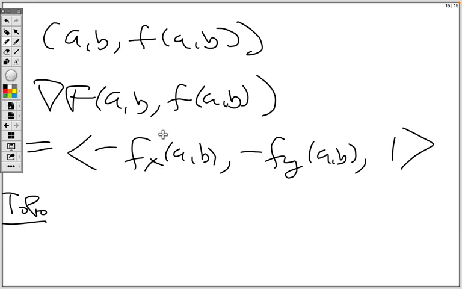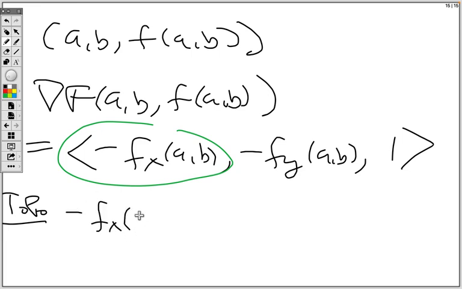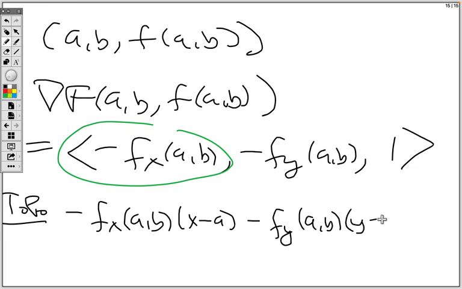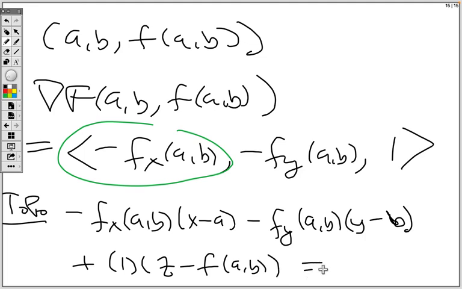You take the x component times the change in x, plus the y component, which I guess would be a minus then, the y component of the gradient times the change in y, plus the z component of the gradient times the change in z, and that would all be equal to 0. So that would be how to get the tangent plane